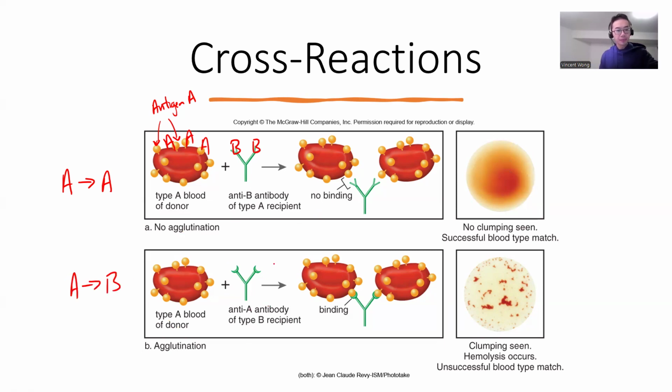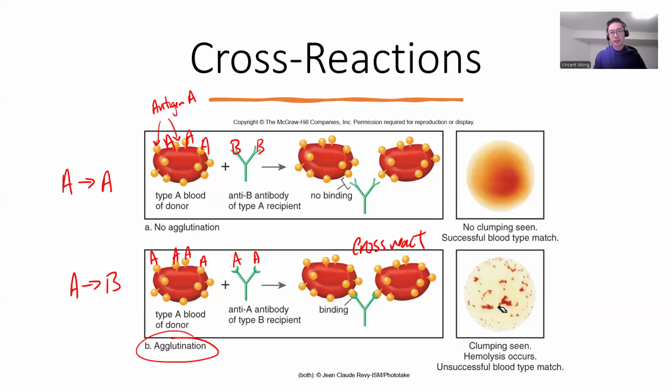In this case, we are taking a type A blood and giving it to a type B person, I believe. The donor will have the spheres again, representing the A antigen. And this is a type B recipient, which means they will have anti-A antibodies. You can see the anti-A here will recognize the round shape, as opposed to previously, where the anti-A recognized triangles. If you go ahead with transfusion, as I showed you in the example at the beginning, these will bind to each other. It will cross-react,